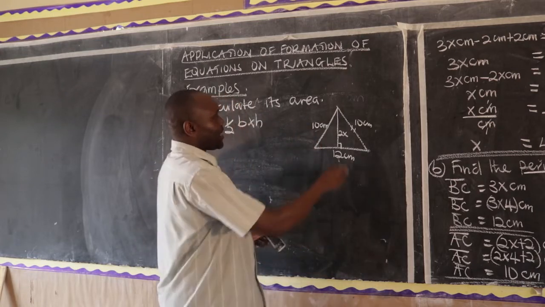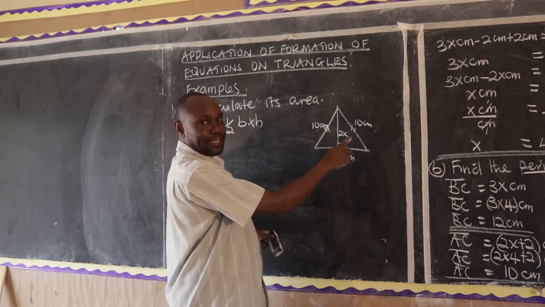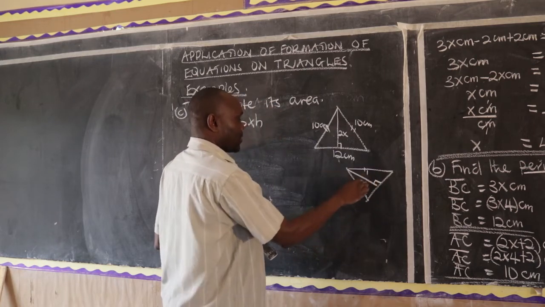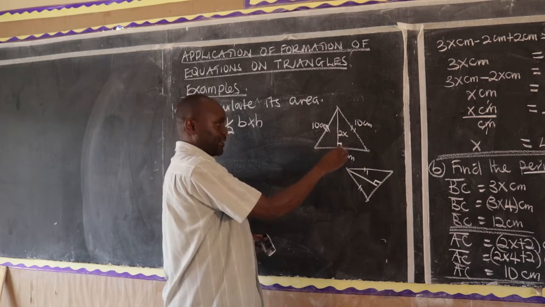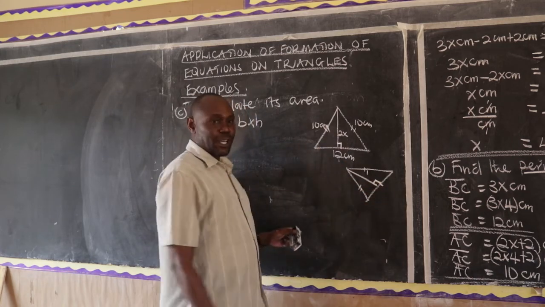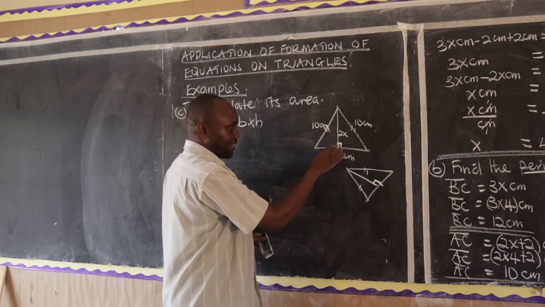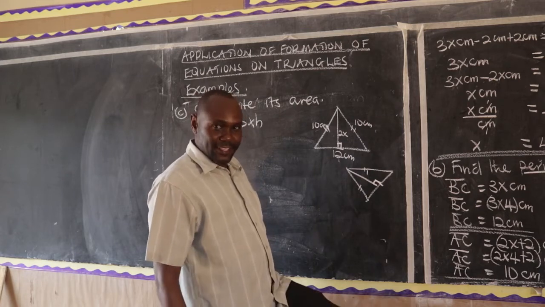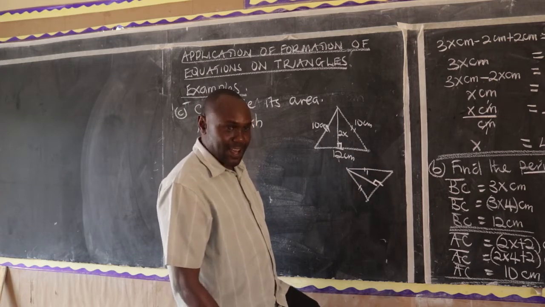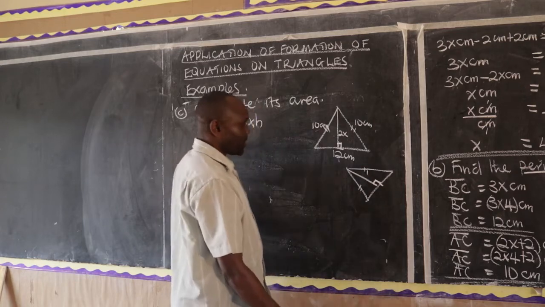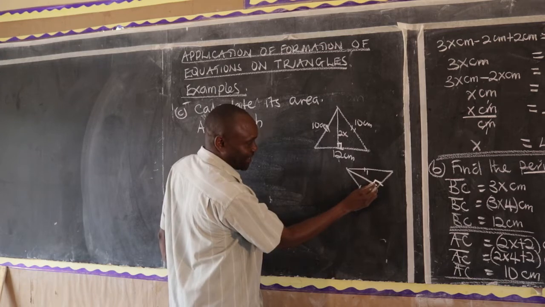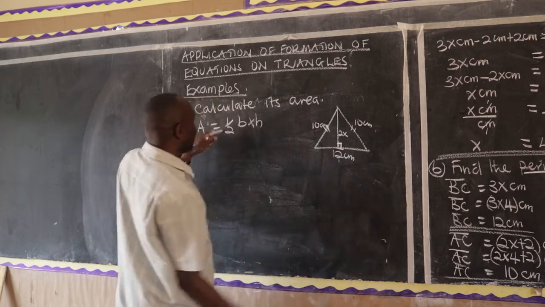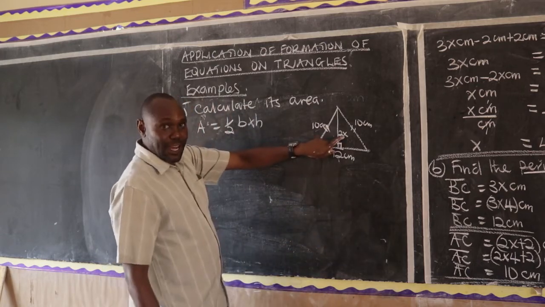Remember, I told you some time back that if you want to identify the base of a triangle and the height, it does not mean that every triangle must be drawn like this. Other triangles might be drawn like this, and then they put like this. So it is this symbol here of the right angle, that symbol, to tell you that the other one is the height, and then this one is the base. And I was telling you that I am kicking the height, and I'm stepping on the base. So it's that symbol.